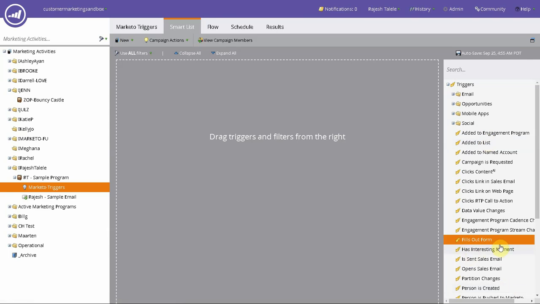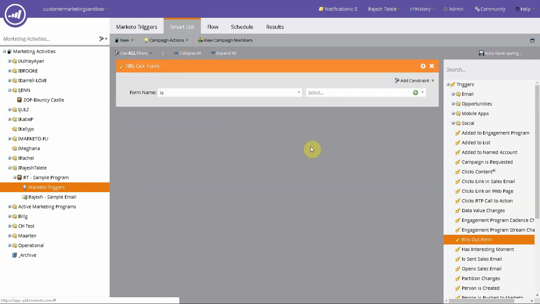Today we'll go and see another one, a trigger which most of the Marketo installations will have, because most of us have contact us forms or various content download forms and things like that, and that's why we have multiple forms and we need to take actions in Marketo when somebody fills that form. So today's trigger we're gonna look into is called fills out form, and all you do is find fills out form in the right hand side when you're on the smart campaign, and just drag fills out form. Now what that is